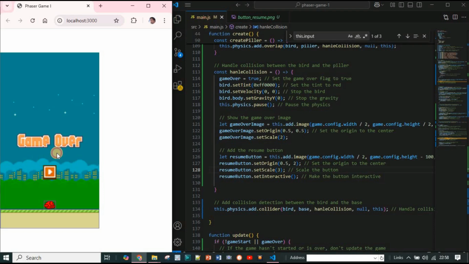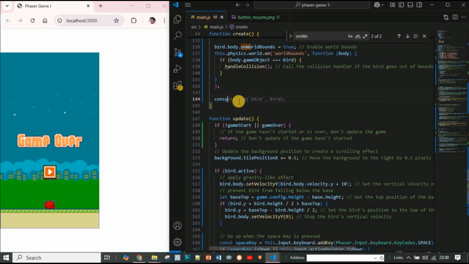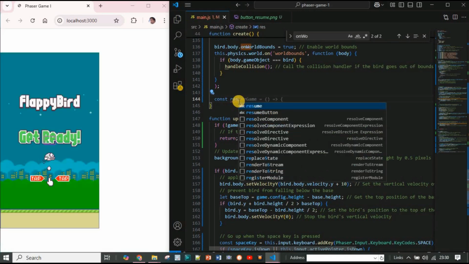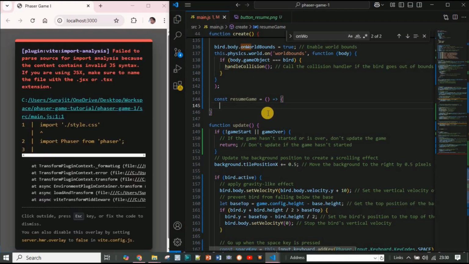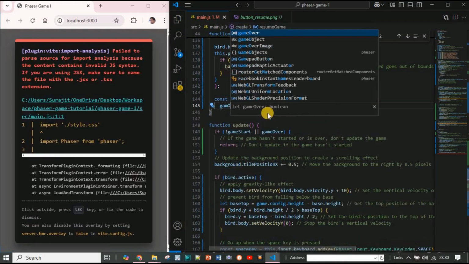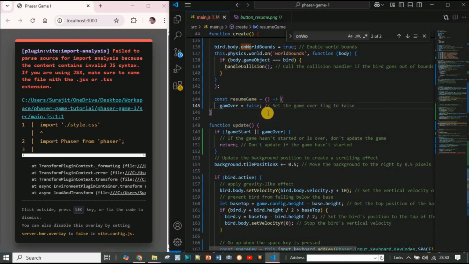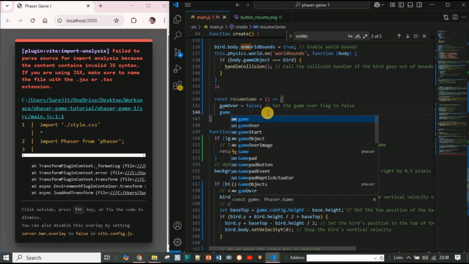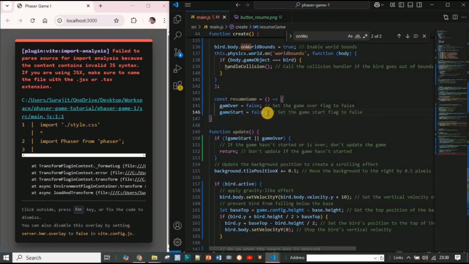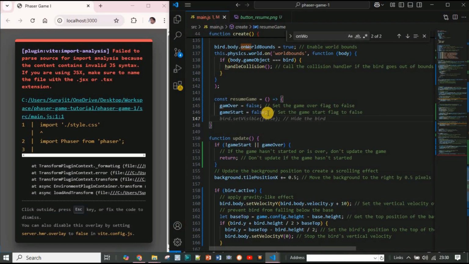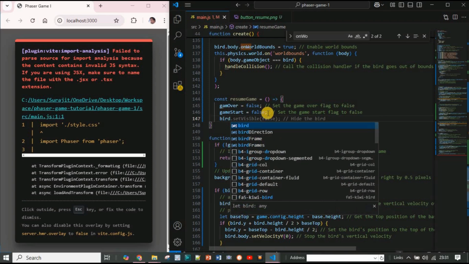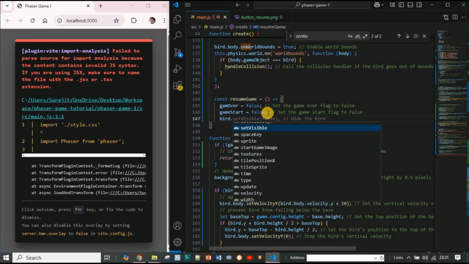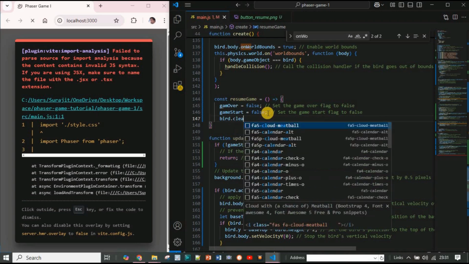So here we have this resume button, and now if I click on the resume, then I will add the function to resume the game, to reset the game. So I'll create this function const resume game, and here first I will make the game over false, set the game over, and next the game start false, set the flag false, and next I will remove the red color from the bird. So bird dot clear tint,